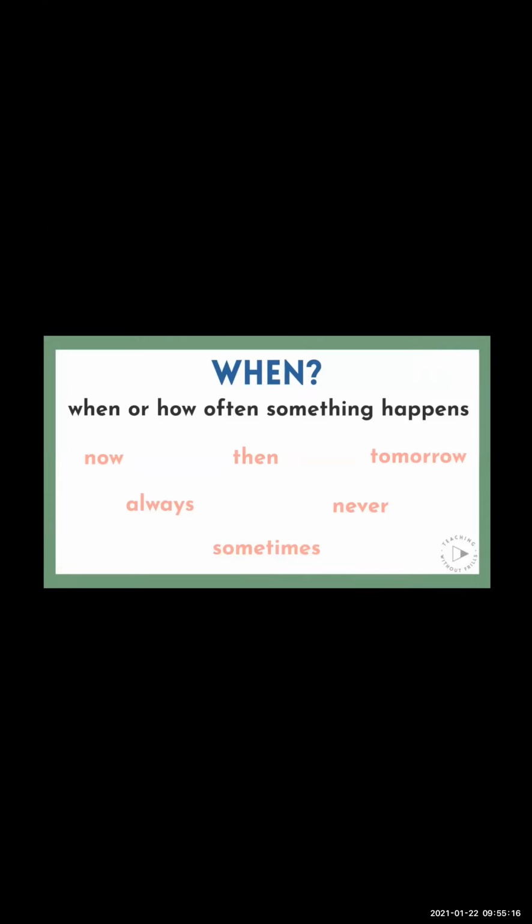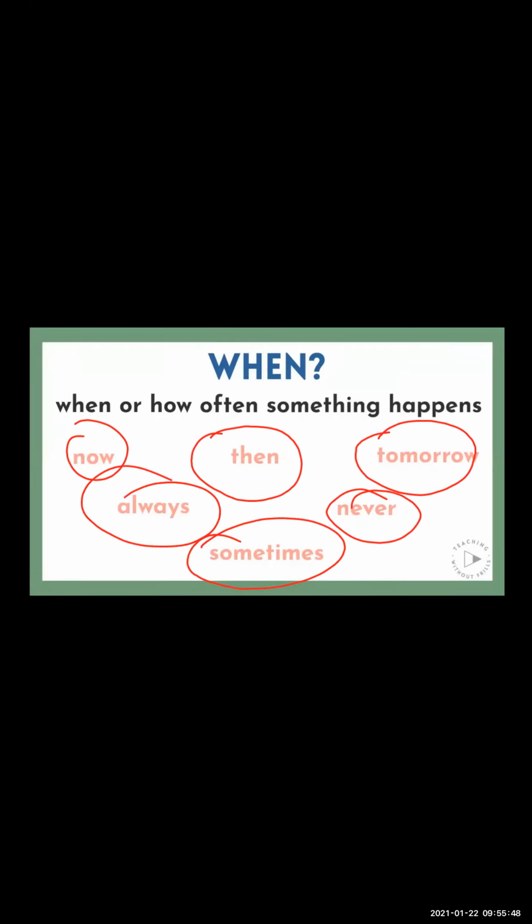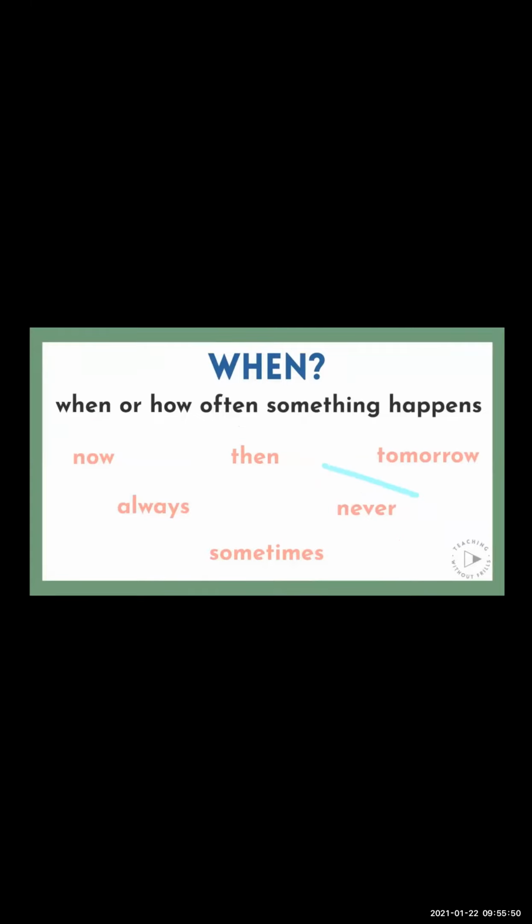Now let's talk about the first sentence which I gave. The lady was walking. Now, if she is walking, the lady is walking now. What time am I getting? That the lady was walking. The action is taking place. But when is it taking place? Now. So now is your adverb. We have then, tomorrow, never, sometimes, always. All these are words which talk about when the action has taken place. So they are considered an adverb in the sentence.